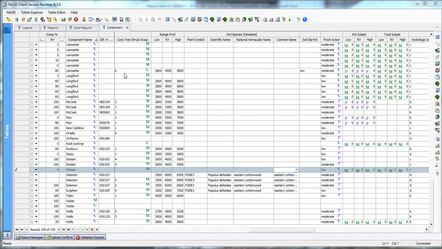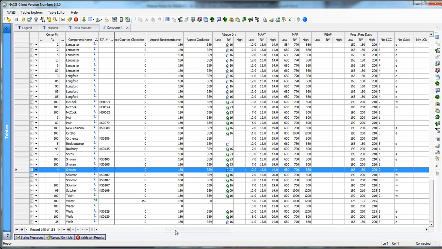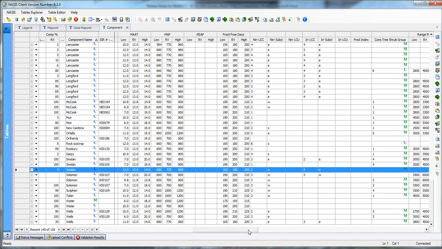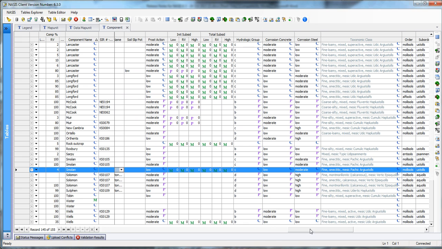So now you see I've got the table layout the way I originally had set it up and saved it. I've got my sort columns, I've got my columns that are frozen, and so I can scroll across and look at my data based off of that particular table layout that I had created. Now let's say,